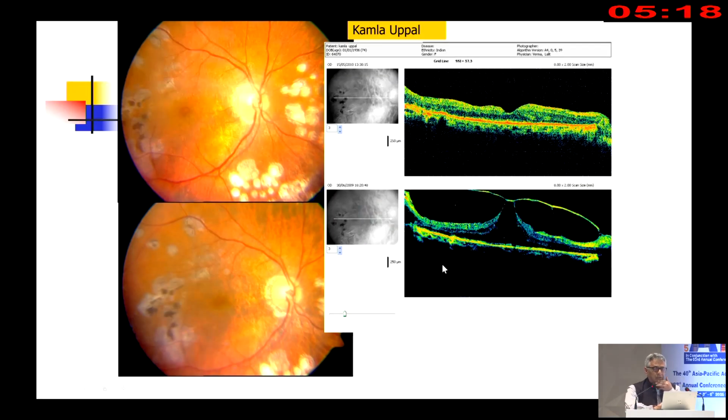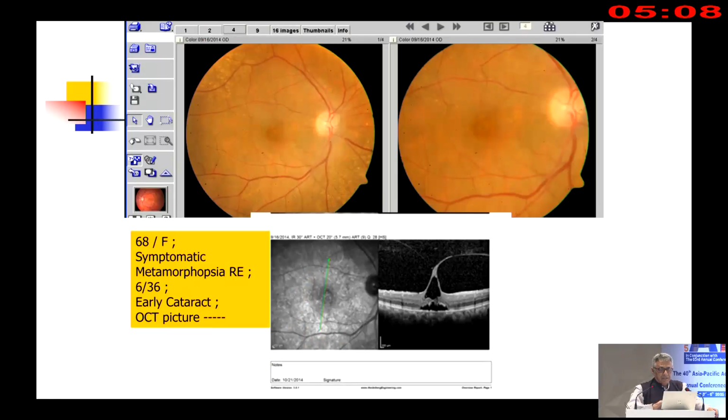Results are generally good, but it takes time for the foveal contour to come back. It takes months and weeks actually. Although metamorphopsia goes away pretty fast, contour takes time. This is a scary kind of VMT with sensory detachment also, and this patient is symptomatic with decreased vision also,